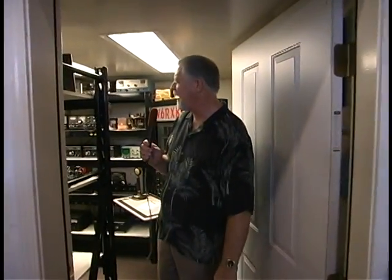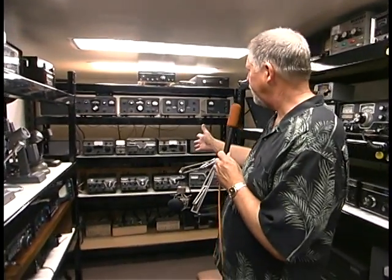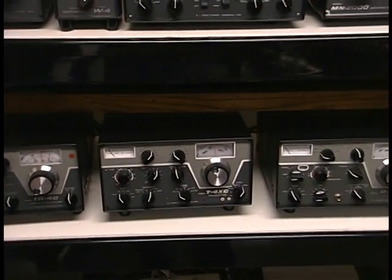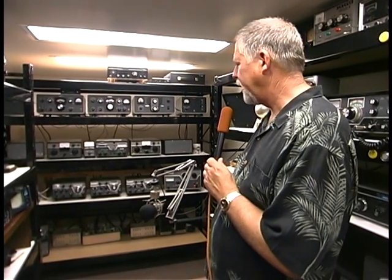This was my original ham shack, and the original design I thought was going to be quite large for my needs. Oh, how I was wrong. This is where I started originally with some Drake gear that I acquired from a Silent Key. As you can see, the Drake gear is in the rack in the bottom area, and all of the original Drake gear came from a Silent Key that was fairly close to me, and I was able to pick it up